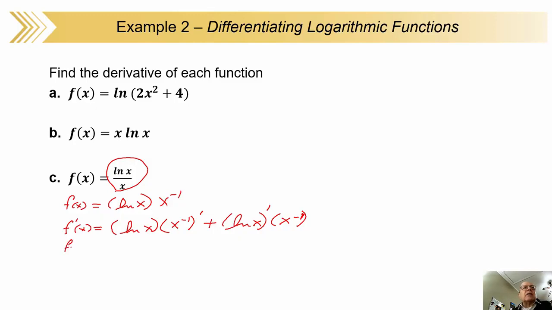Let's see what we've got. Our derivative is, now this is natural logarithm of x, that'll go on the top of a fraction, this goes on the bottom, so we'll have the natural logarithm of x over x